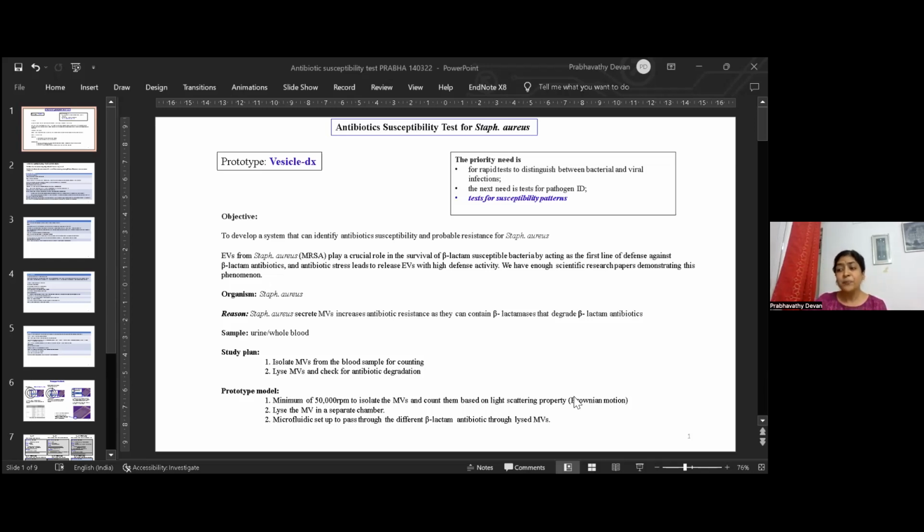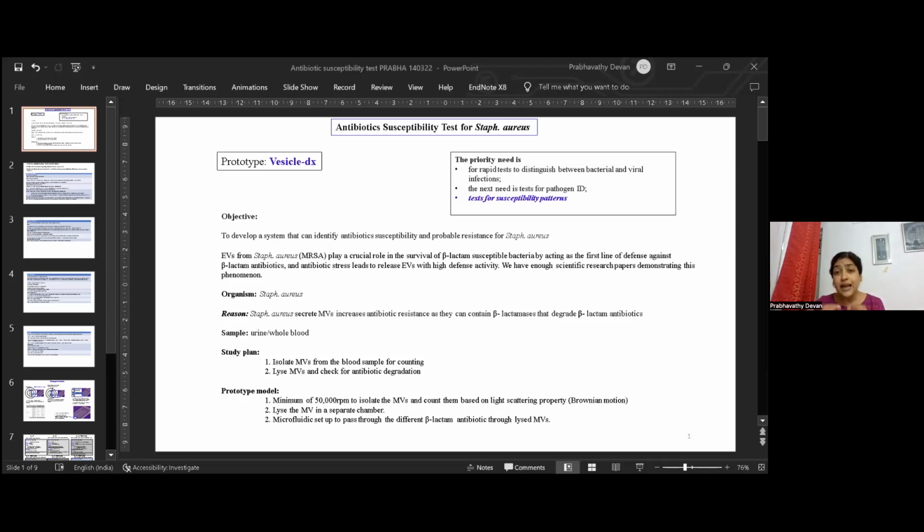So with Manu, I'm quite interested in developing an antibiotic susceptibility test, especially for Staph aureus. I'll start with an interesting statistic that tells you the gravity of the problem. Each hour of misdiagnosis or inappropriate antimicrobial therapy increases the mortality rate by 5 to 10%. We all know about antibiotic resistance and superbugs. There are multiple reasons, and antimicrobial resistance is never ending. There are lots of biological and non-biological reasons for the development of antibiotic resistance.